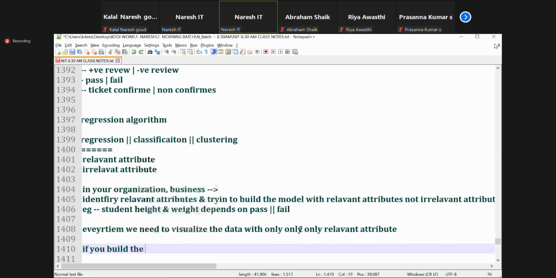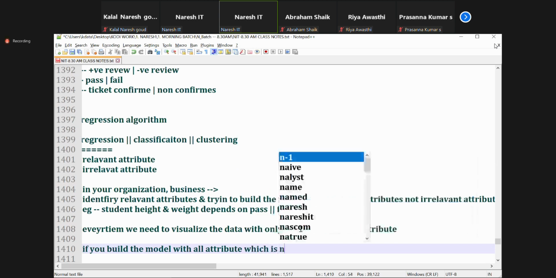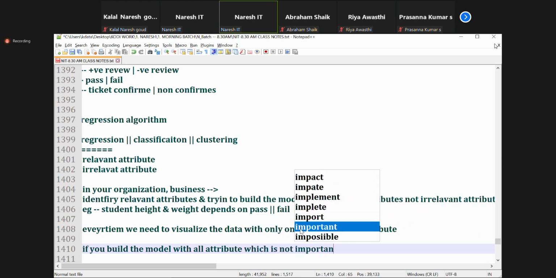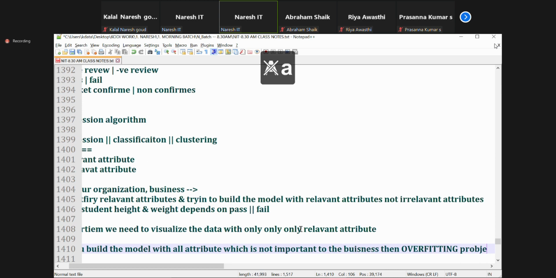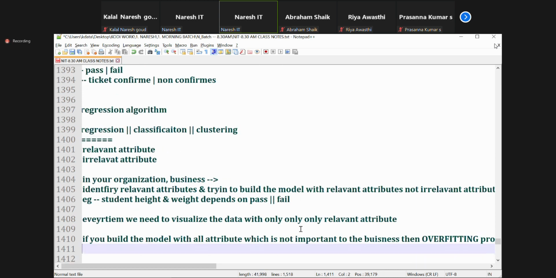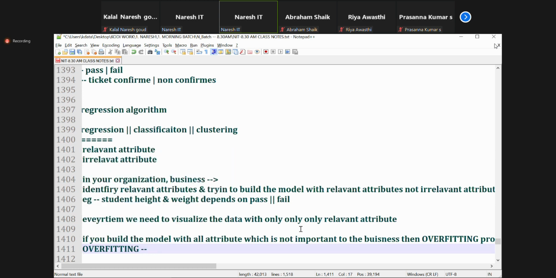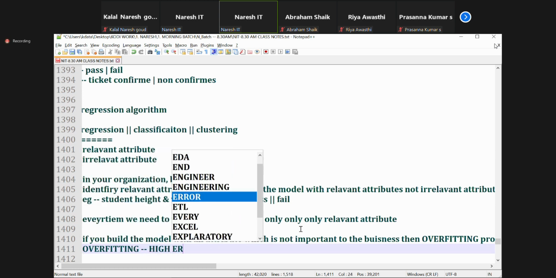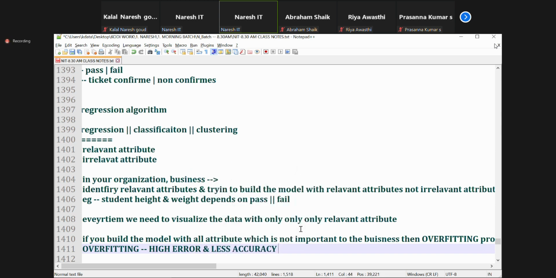If you build the model with irrelevant attributes, or all attributes which are not important to the business, then the overfitting problem comes. Which problem, guys? Overfitting. So in overfitting, what happens? We will get high error and less accuracy. Are you getting my point?